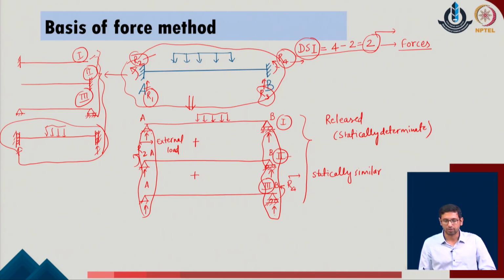When I go with the second components, R2 and R4, I realize system 1 has no possibility of a moment being provided here. System 3 also has no possibility of a moment being provided, considering that these are pin jointed parts. System 2 also does not generate any reactions here, but as we have applied R2 as an external load active on the given system, by adding these three systems cumulatively, I will be able to add R2 as an unknown force at the end A of the given problem. At the same time, I will also be able to get R4 at the end B of the cumulative system.